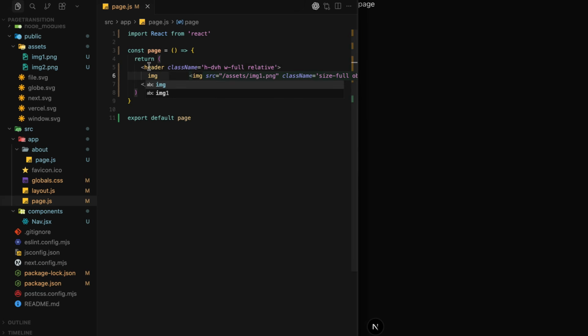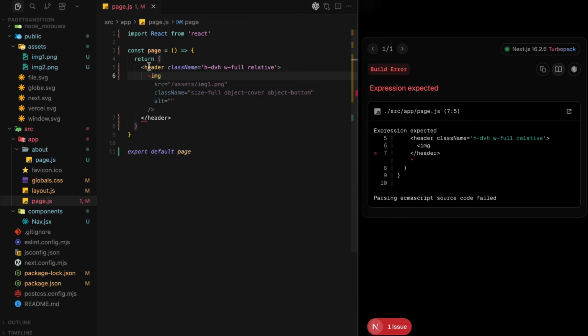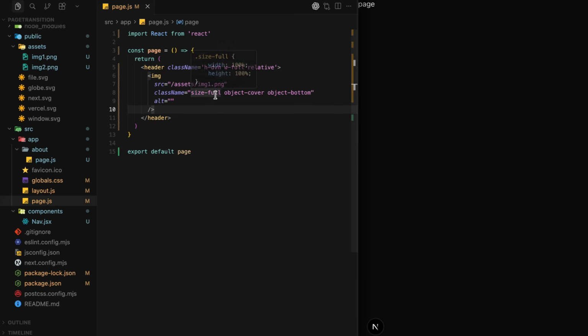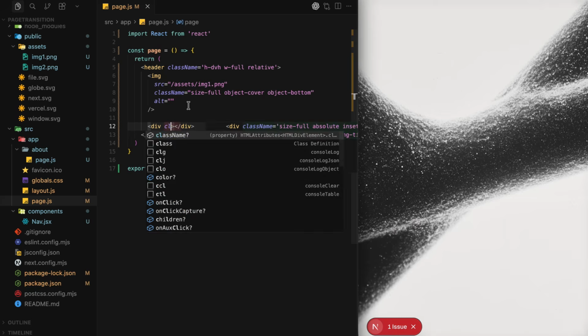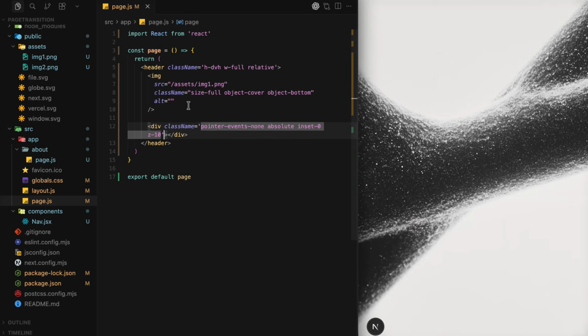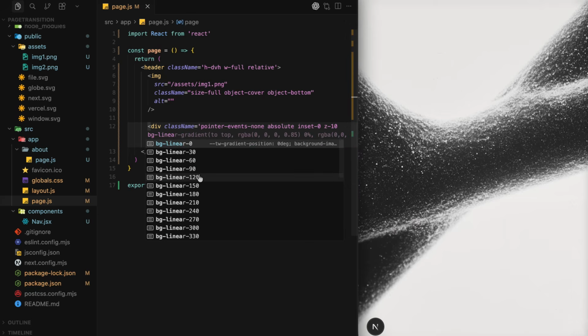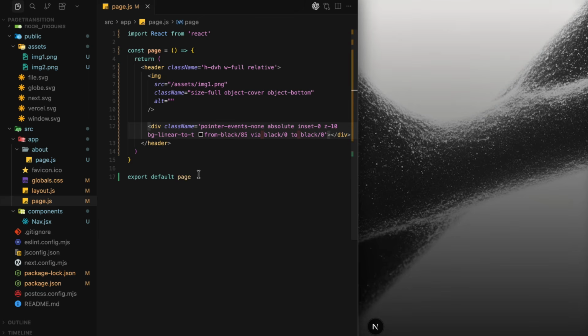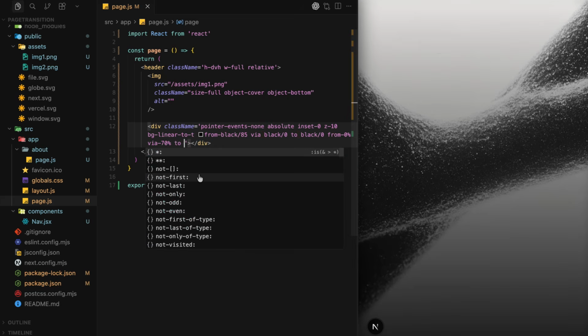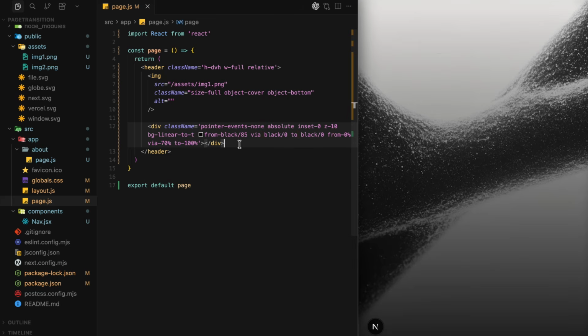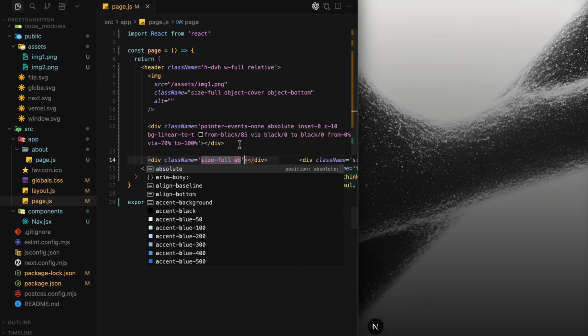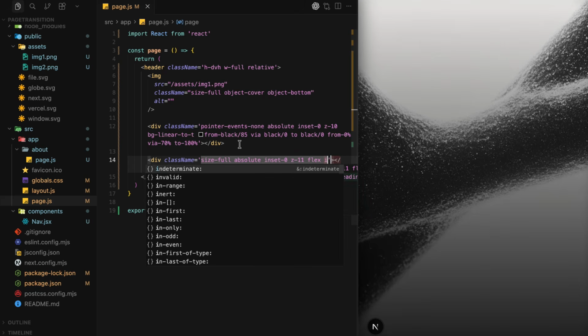Right now I am keeping the layout very minimal because our main focus is the page transition. So if you want, you can design it according to your own preference. Now on top of the image, I am adding this gradient overlay using an absolutely positioned div. The main reason behind this is to create better depth and contrast for the content that we will place above it later. And finally I am placing the main content above everything using an absolutely positioned container with flex alignment, so the text naturally sits toward the bottom of the hero section.